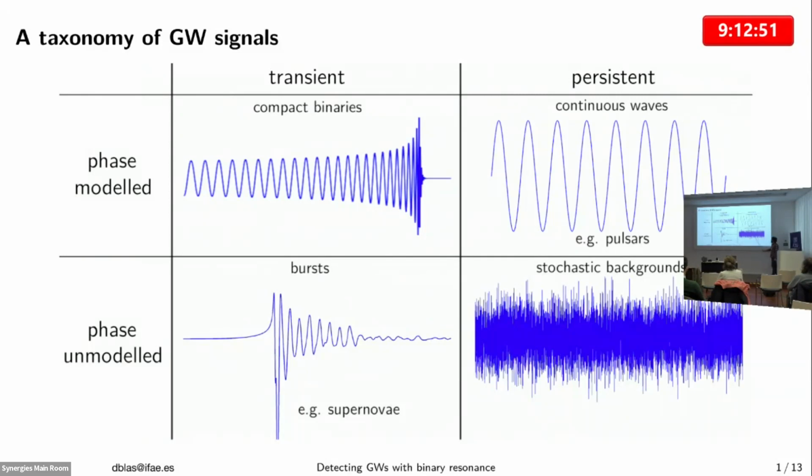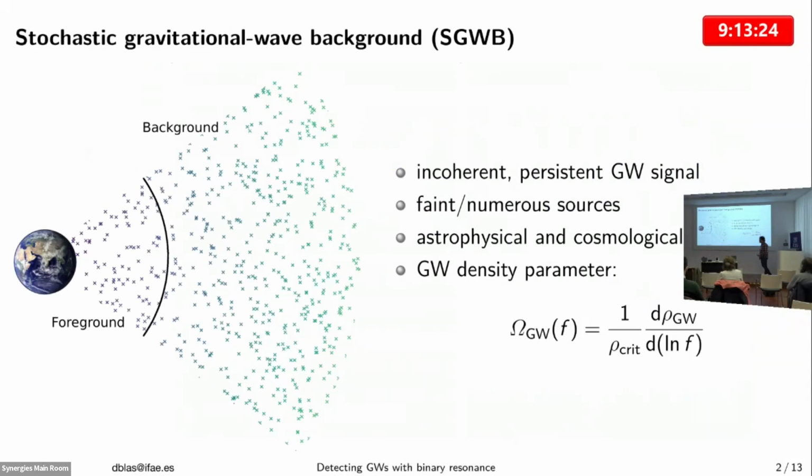And finally, there is the case where there are waves all the time. They have all the phases, and this is the kind of background that I'm going to be mostly discussing. The binary system, as I said, is a good detector of gravitational waves if you are in resonance. So you can imagine that for this kind of signal it could be great, but you have to be very close to resonance. We don't know yet how close to resonance we have to be. This is something we have to do. But for now, we assume that there is a whole spectrum of gravitational waves and see what happens. In other words, we are talking about a stochastic background.